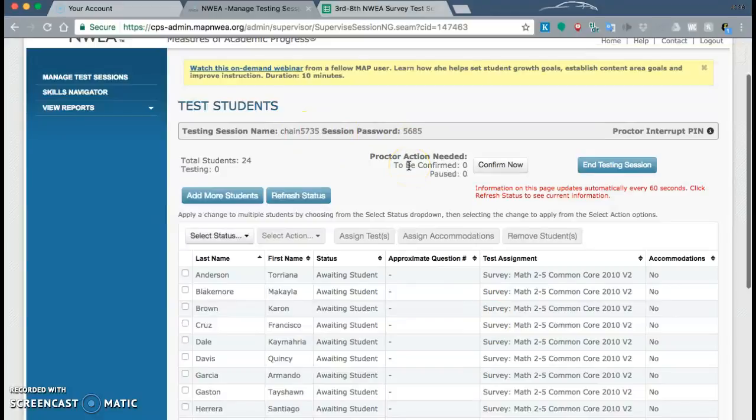The test is about 20 questions. It is not strand specific, so it will cover all strands of both math and ELA. And it's going to end up giving you an overall RIT score at the end of those 20 to 25 questions, depending on the student and depending on the test. When you receive that RIT score, you want to make sure that you write it down or you teach your students how to record that RIT score, because then you're going to take that score and you're going to input